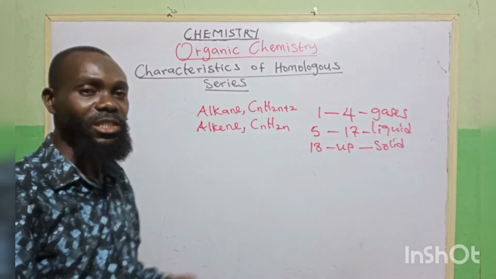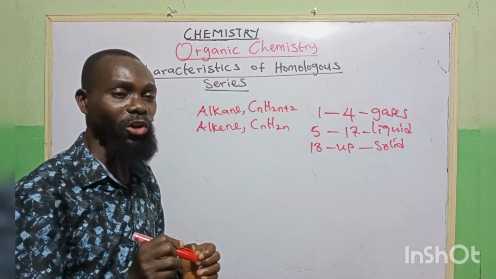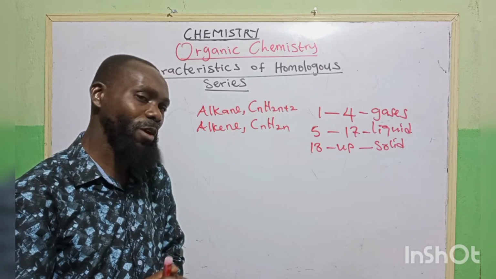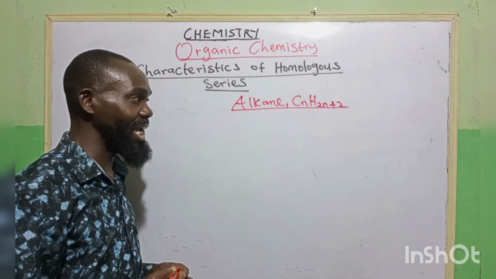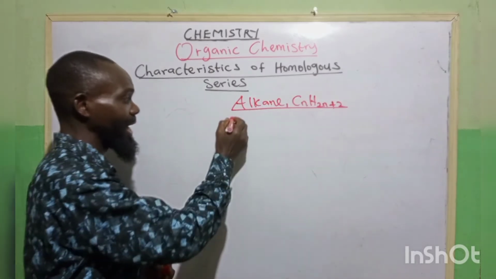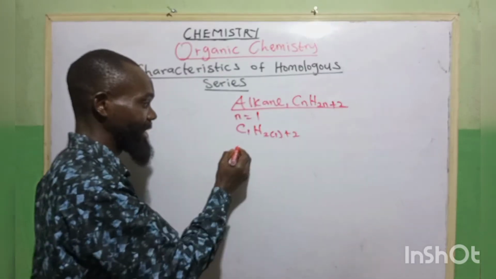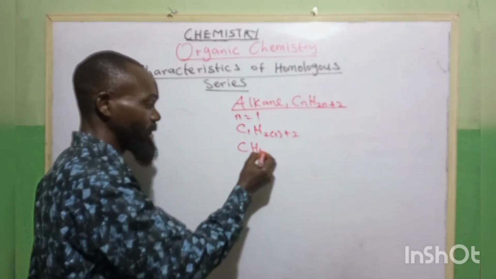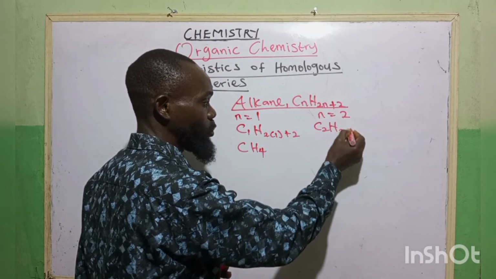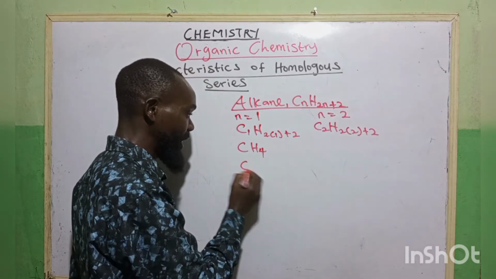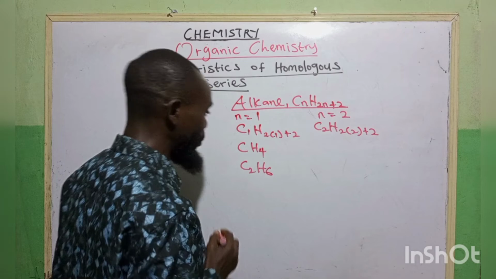Third one is difference in successive members. Each member differs from each other by a CH2 group or with atomic mass of 14. Let's take alkane as an example. For alkane, with general molecular formula of CnH2n+2, the first member, when n equals 1, we have C1 H2 times 1 plus 2. That is CH, 2 times 1 is 2, plus 2, CH4. While the second member, when n equals 2, we have C2 H2 times 2 plus 2. Here we have C2 H, 2 times 2 is 4, plus 2, we have 6. The third one will form